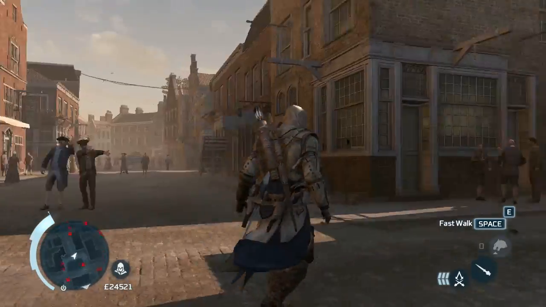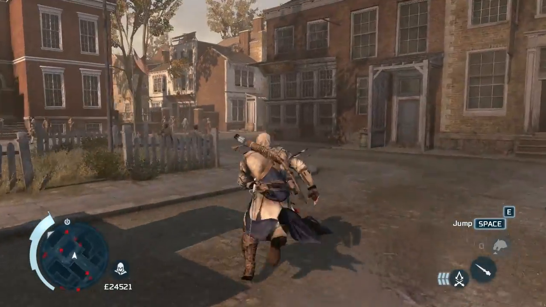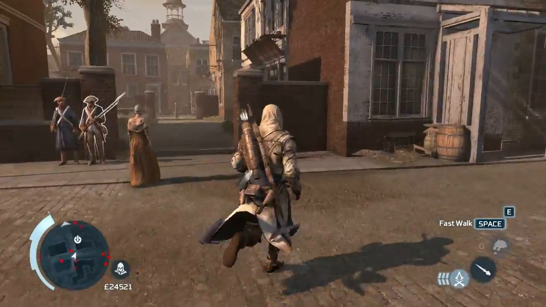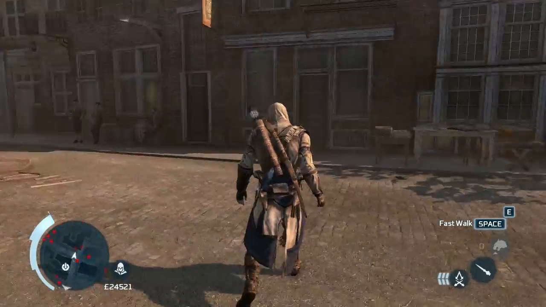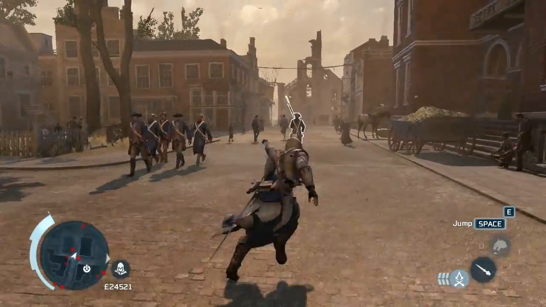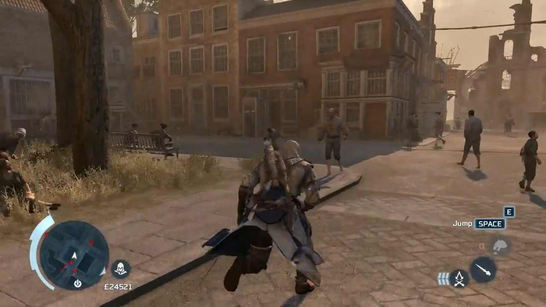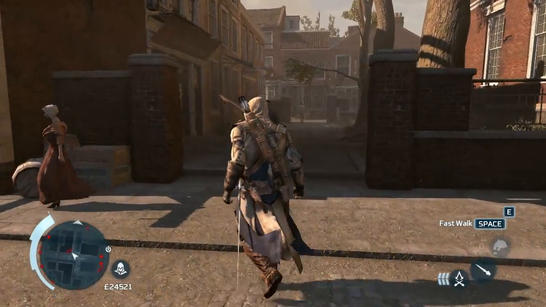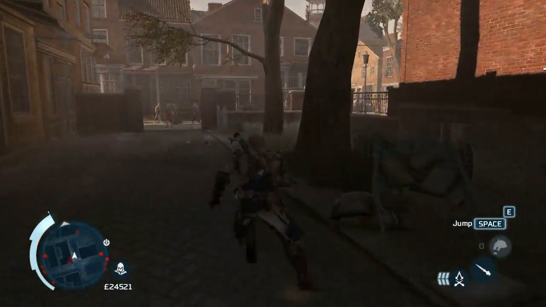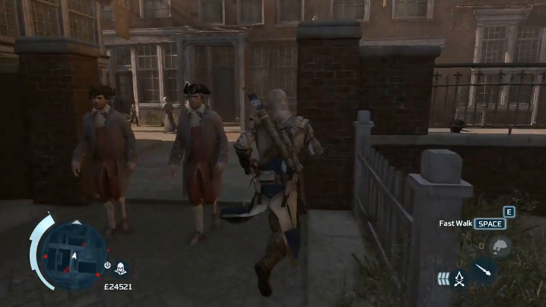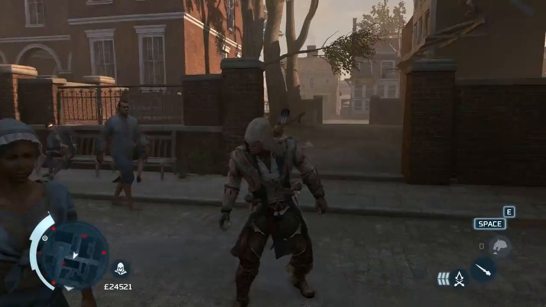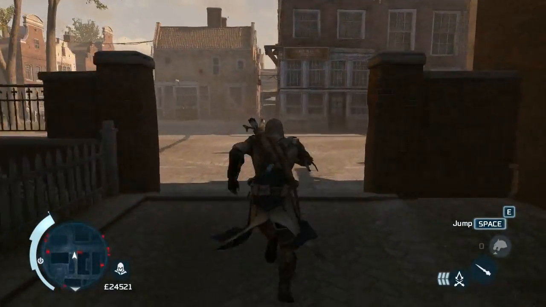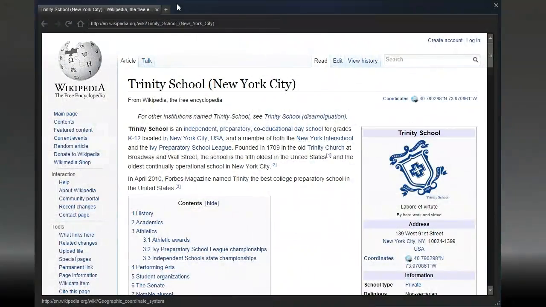I'm slightly concerned that there are no street signs anywhere. Actually, I know why, because not every street is here. The game needs to compress the city into a smaller area. Not every street is in the game, and so if they put street signs in, then you'll really notice the difference between the game and real life. Which is a bit unfortunate because I'm not sure which one is Wall Street. Oh well. Let's go look up Wall Street here.